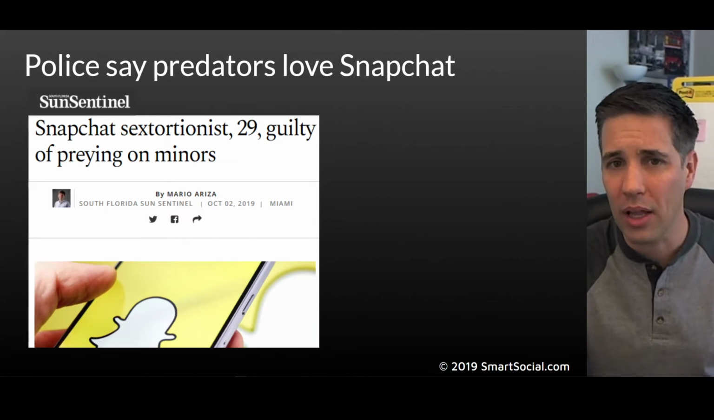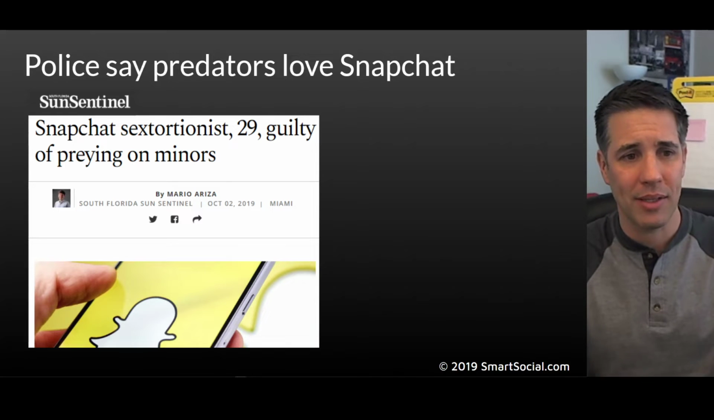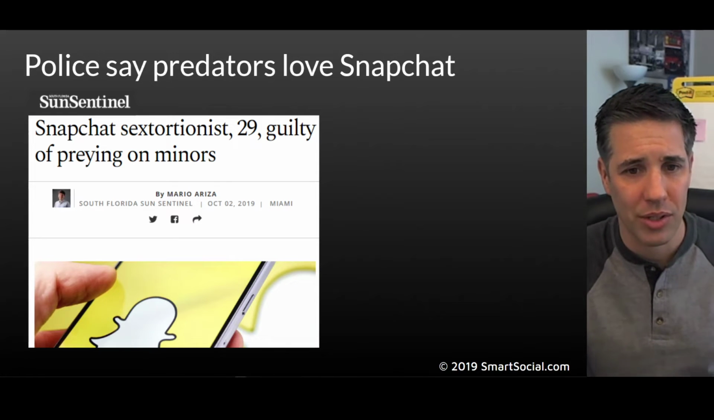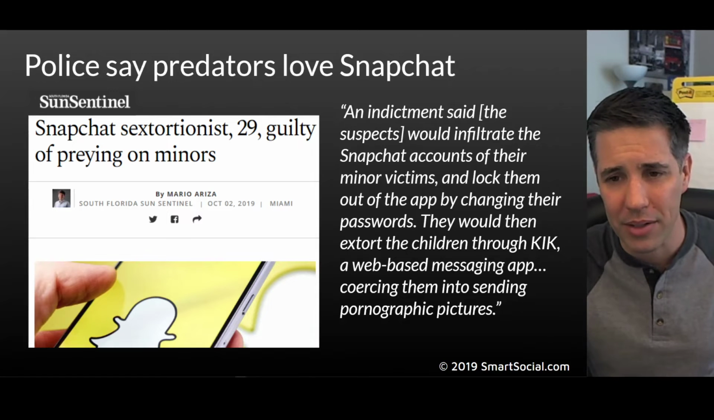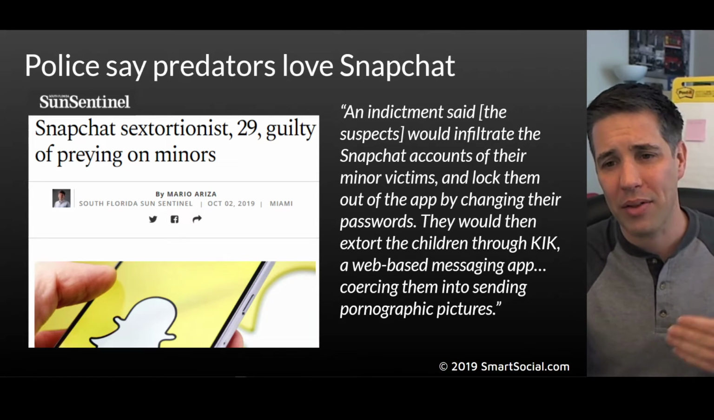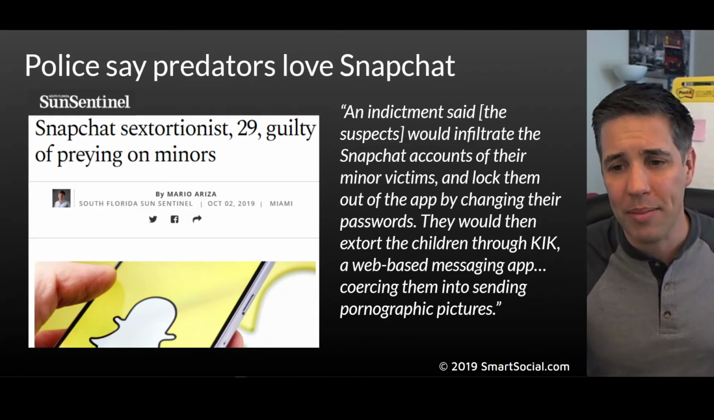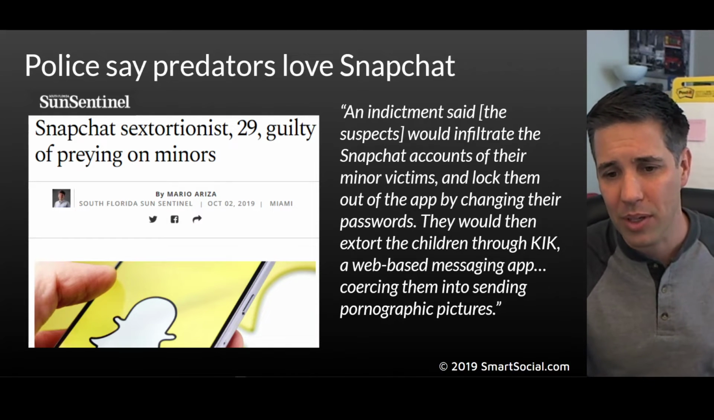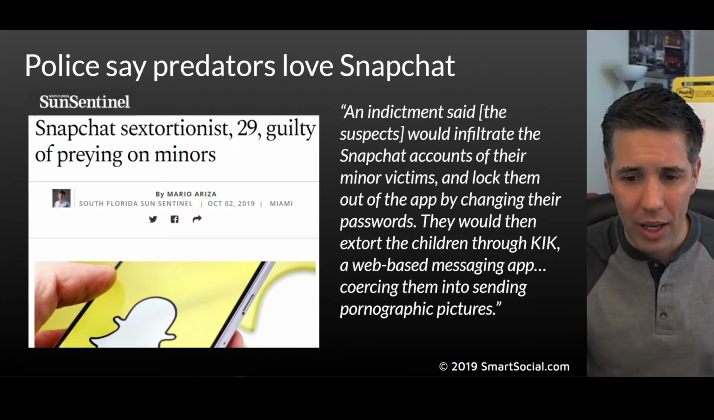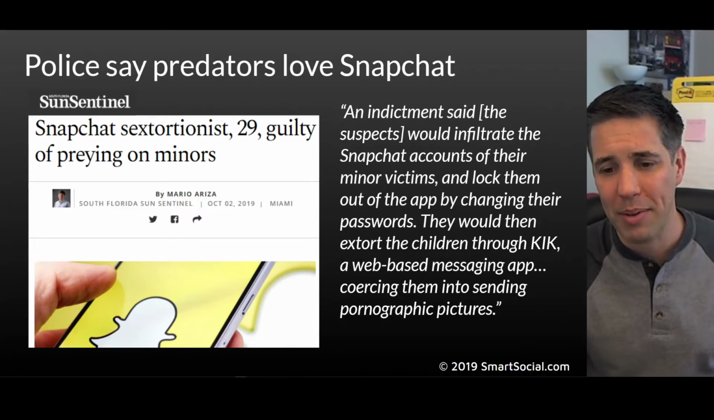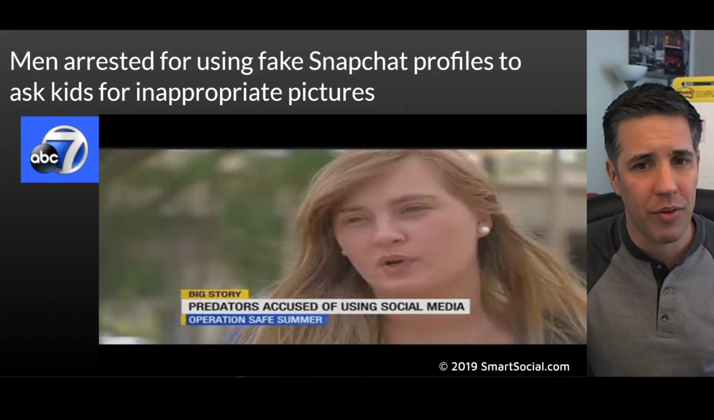Police say predators love Snapchat. The Sun Sentinel said Snapchat sextortion: 29, guilty of preying on minors. An indictment said that the suspects would infiltrate the Snapchat accounts of their minor victims and lock them out of the app by changing their passwords. They would then extort the children through Kik, a web-based messaging app,